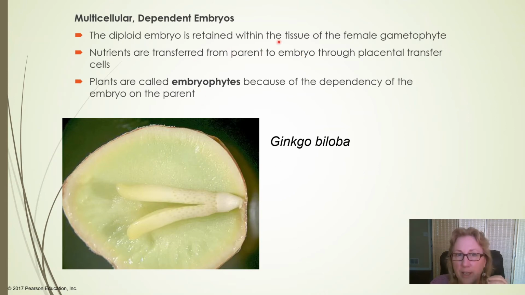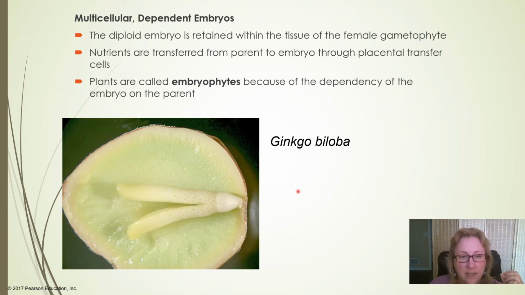So the diploid embryo starts to grow within the female gametophyte, and this is true for all plants. Nutrients are transferred from the parent gametophyte to the embryo, and that's why we're drawing the line here. So all plants, all things that we call plants today, are embryophytes. Charophytes and the other green algae don't do this. Their embryos are independent. The zygote and the new little embryo that starts to grow is independent. It doesn't grow inside the female gametophyte like it does in plants.